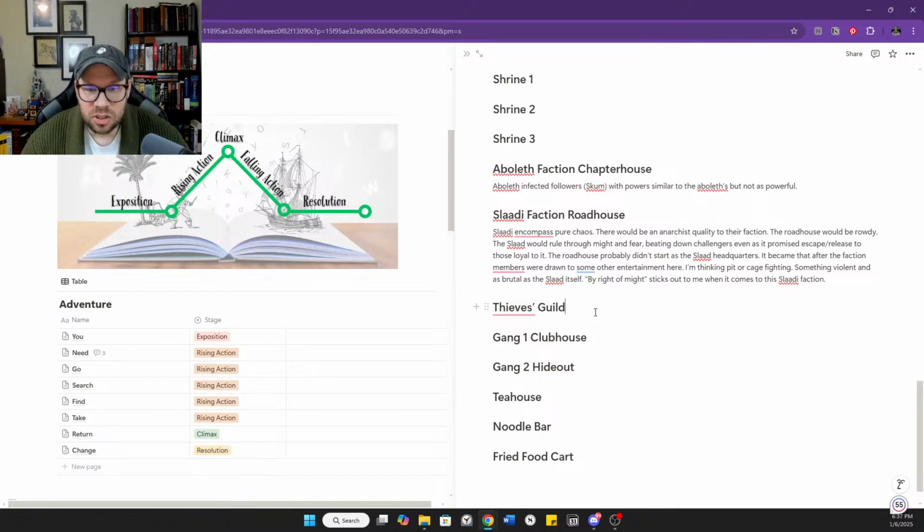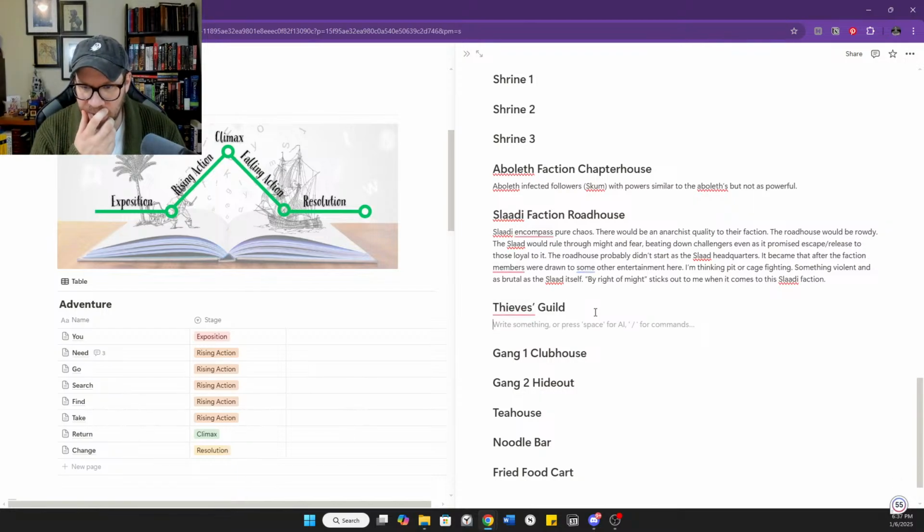So, let's start there. Let's say this building is crafted from the wreckage of a sailing ship that was washed inland after a terrible storm.